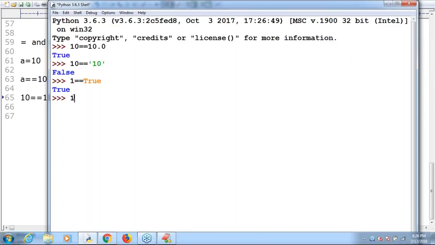If I take 10 double equal to 10.1, can you tell what the answer is? False. Because Python considers 10 and 10.0 as True, both are equal. But 10 and 10.1 are not equal.